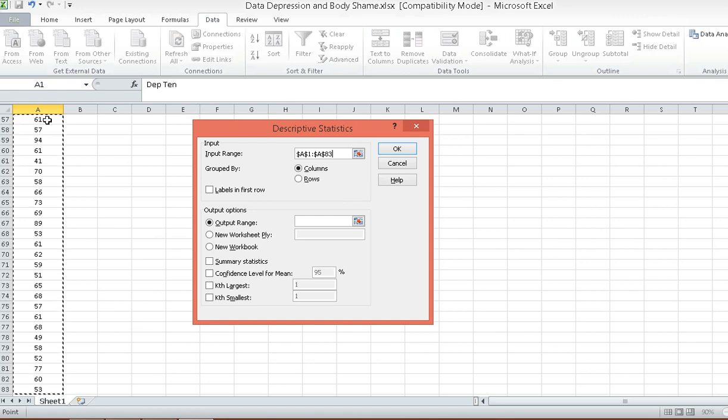So I'm highlighting these cells as the input range, and then click on labels in first row, because our first row is a label. Then for the output range, click on this box and then just choose a cell where you want the output to be. So I'm choosing this particular cell and click on summary statistics, click OK.